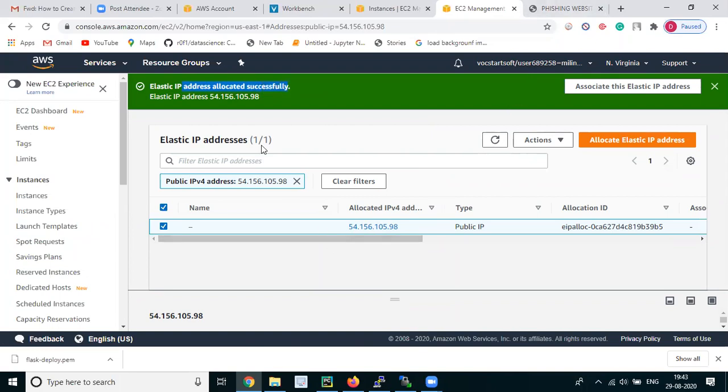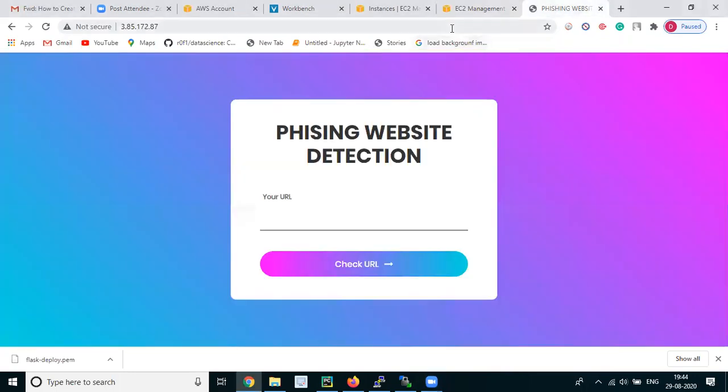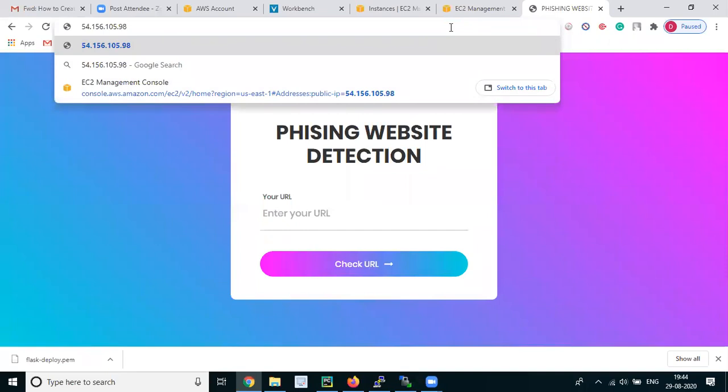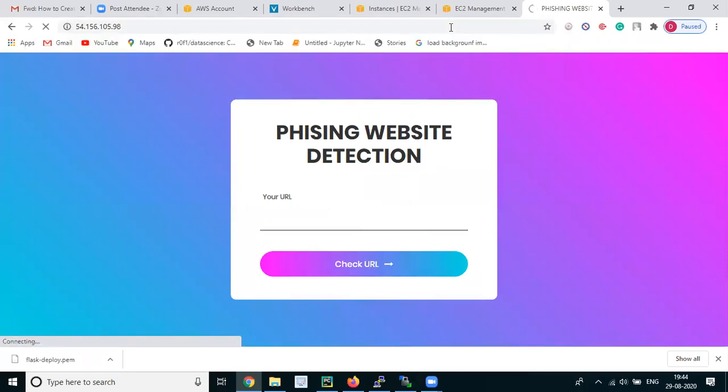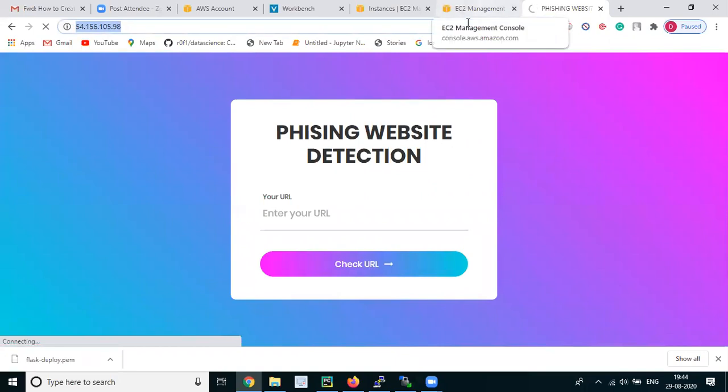Now if we go to this elastic IP that we have created, we can see that our Flask application will be deployed there. Okay, it is not loading, so we will check why.